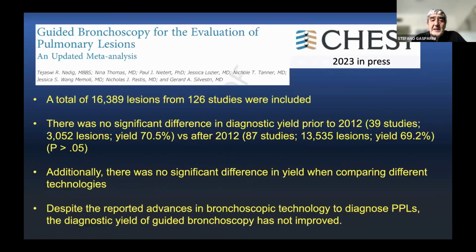Furthermore, there is this recent study from Gerard Silvestri that is published in Chest. That is impressive because a lot of lesions were analyzed, more than 16,000 lesions, and the authors found no significant difference in yield when comparing different technologies and when comparing studies performed before 2012 and after 2012. So the diagnostic yield of guided bronchoscopy, according to this study, has not improved despite the reported advances in bronchoscopy